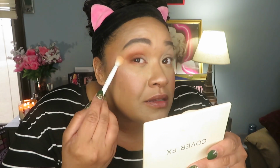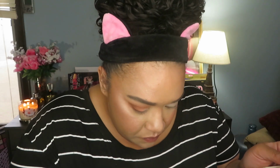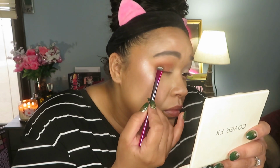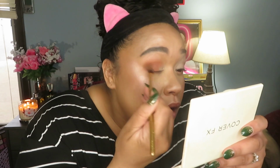So Mocha's not as dark as I was looking for. So I'm going to kick it up with the shade Chocolate Devil, which is right here. It's a bit darker, quite a bit darker. That's what I was looking for. It's that little bit of darkness. Of course, you guys probably can't see it just yet, but...